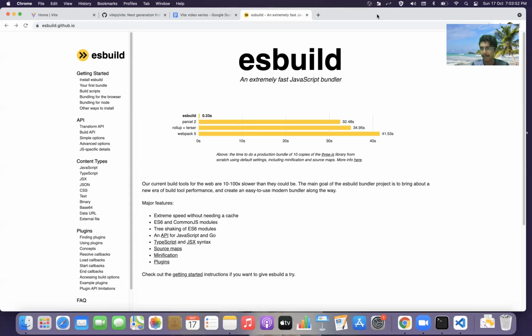It's compiled directly to native code, and it skips certain steps which just-in-time compilation involves. You can take a look at just-in-time compilation later. I'll leave a link, some article or good resource, below. You can take a look at it. Since ESBuild is compiled to native code, it's making things much faster, and that's why we chose ESBuild for the pre-bundling.